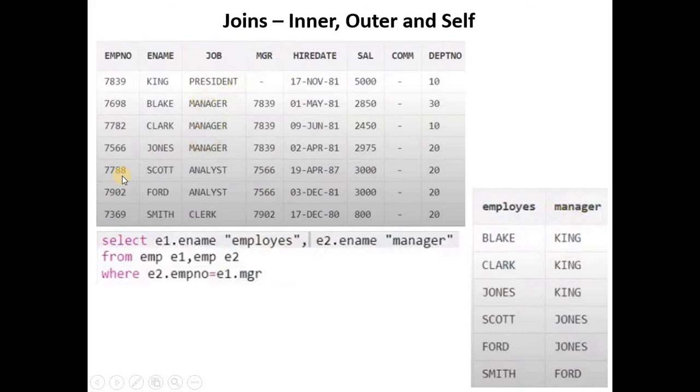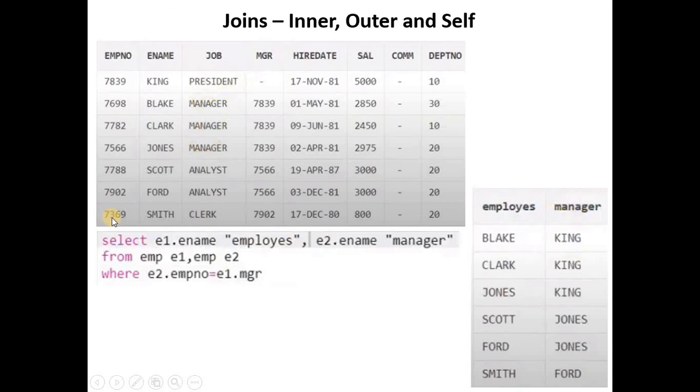For 7788 and 7902, that is Scott and Ford, the manager is 7566. 7566 is Jones, right? To get the managers of Scott and Ford, you have to combine this table with itself with a condition that the manager ID equals the employee number, then only you will be able to get Jones here and Jones here also, right?